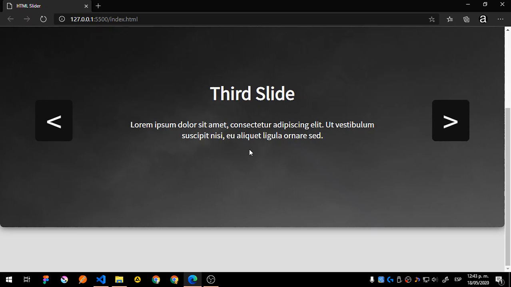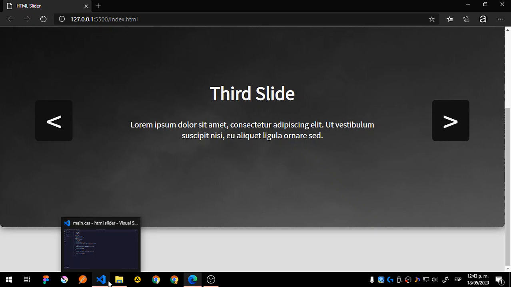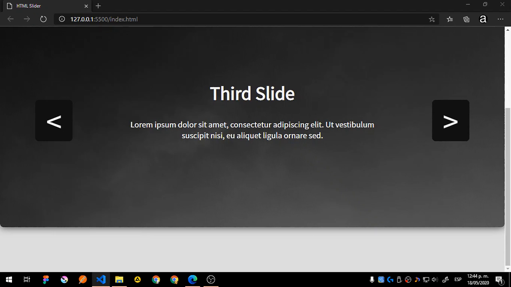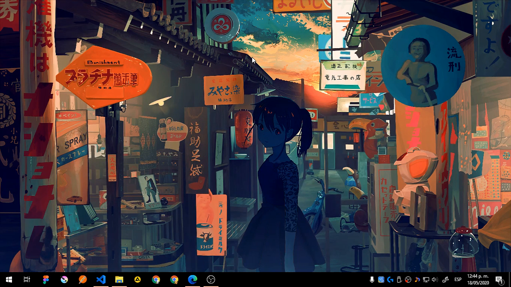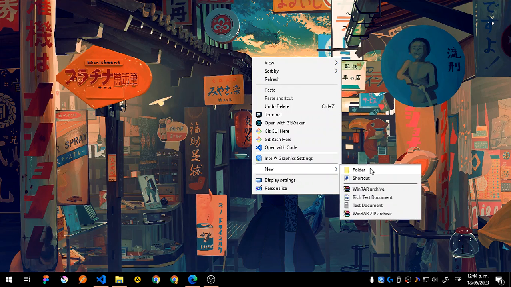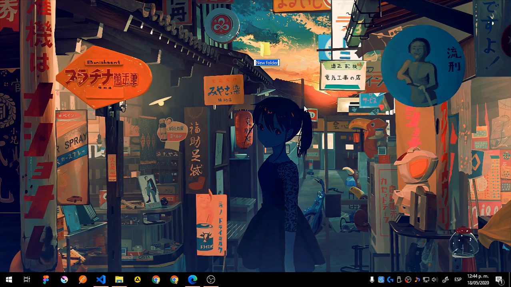So let's actually start. I have this already open. Let me create a new folder here on my desktop, and it's going to be called slider YouTube. Inside this,